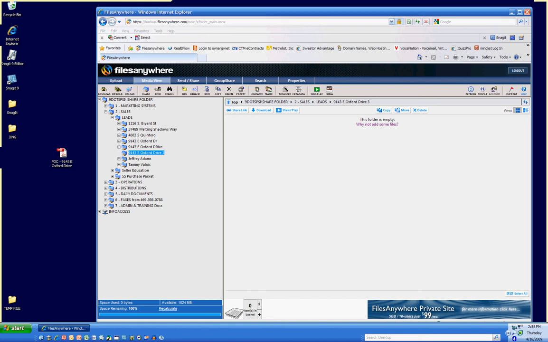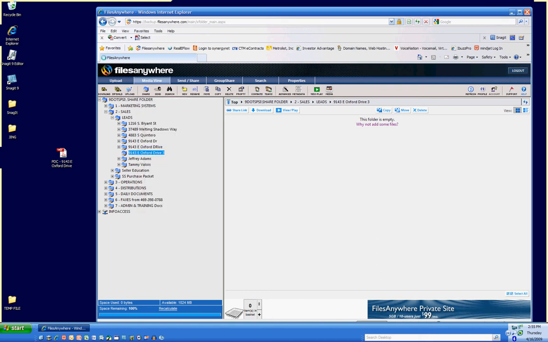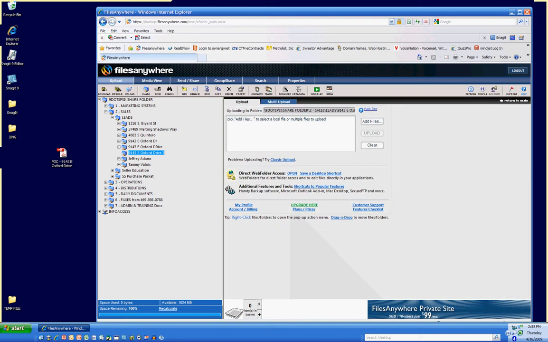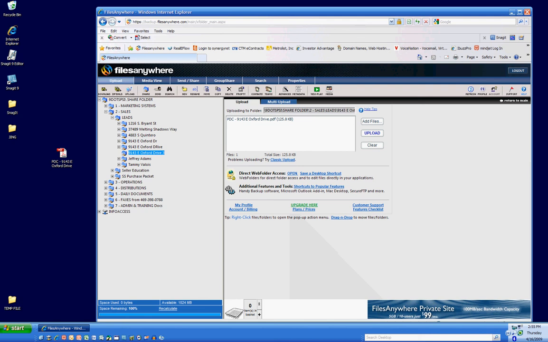So to do that, you can right click on the folder, click on upload, and it'll take you to the upload view. And there's two different ways to upload. We'll learn about this way later. For now, let's just go ahead and upload this file. You just click over here on add files. It brings up a search box to search your computer, and here it is. This is the document we want to upload. It's on our desktop, so we just double click on there. You can see that it's in queue to get uploaded, and we just click on upload,